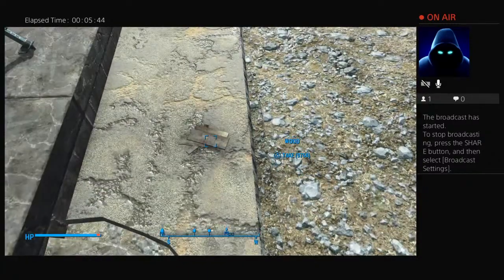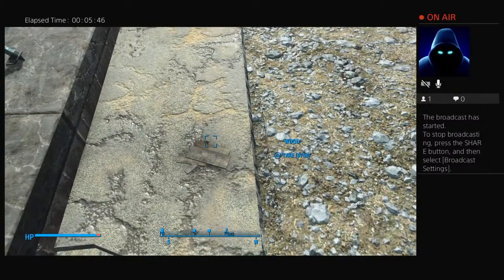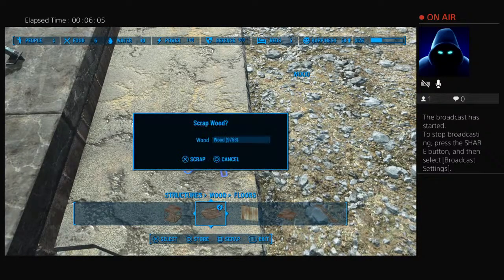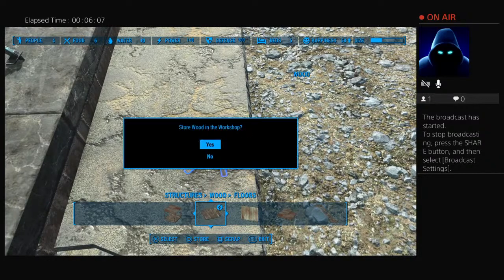But what I'll show you now is when you go into build mode, this is a duplication method for all scrap, and it does work with buildings as well. So if you're trying to get scrap out of buildings, you can, and you can store the buildings at the same time, creating a double of that said building. You want to hit scrap first, and then store, but you have to hit them